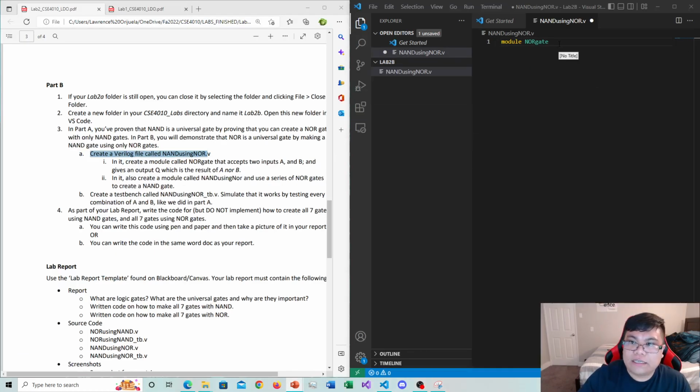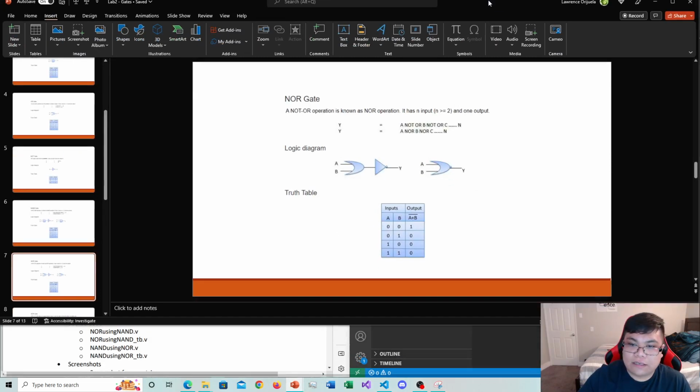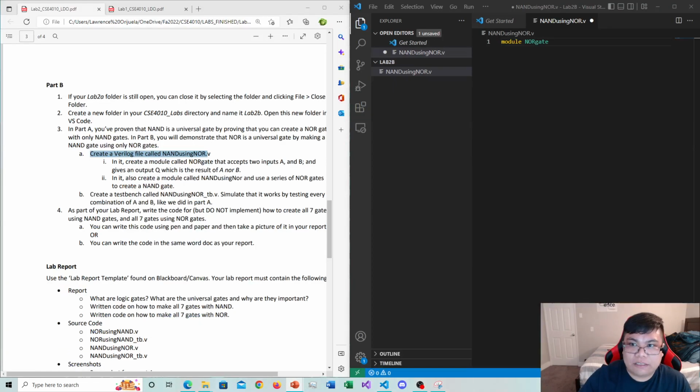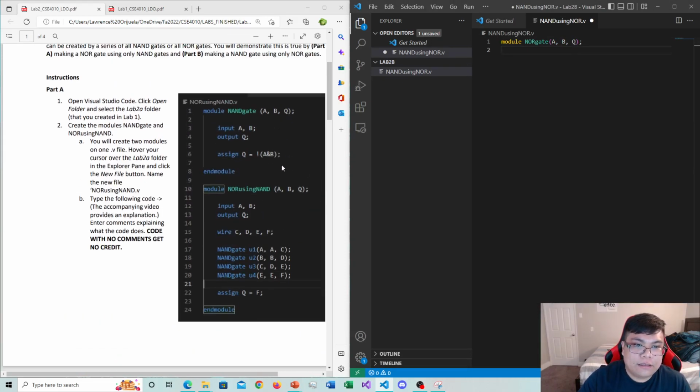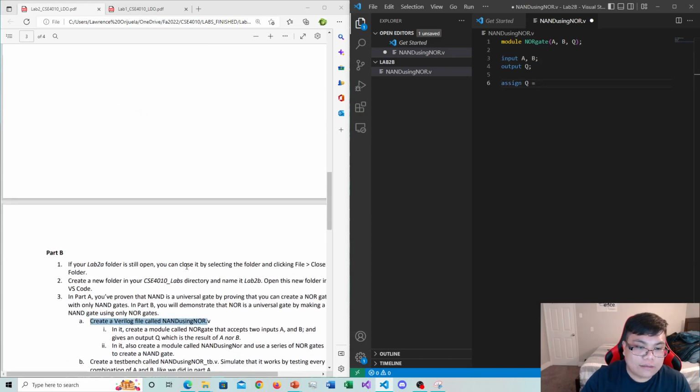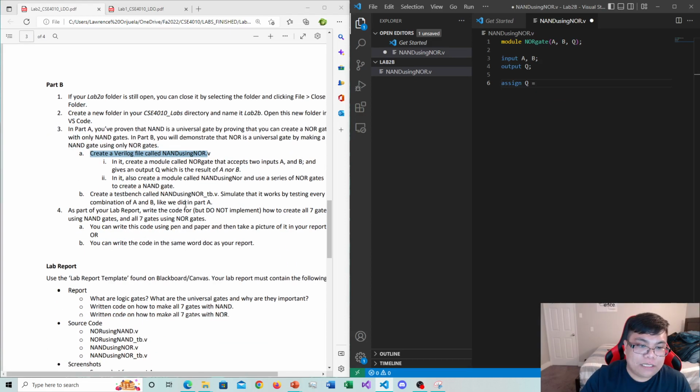So NOR is going to look like this. We're going to take 2 inputs A and B, and the output is going to be called Q. A, B, Q. And then I indicate which ones are input by using the input keyword. A, B, output Q, and then I assign Q to be equal to the NOR of A and B. Okay. All right, create a module called Lab2,